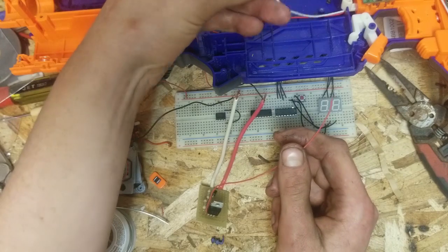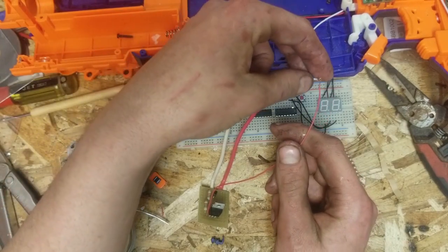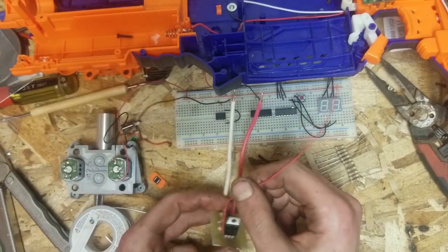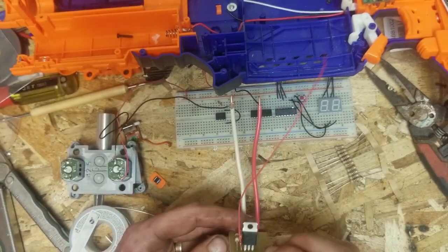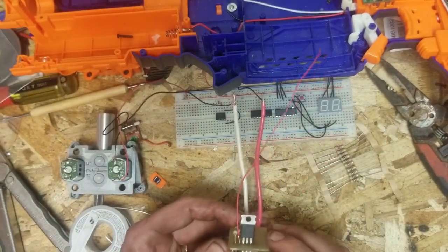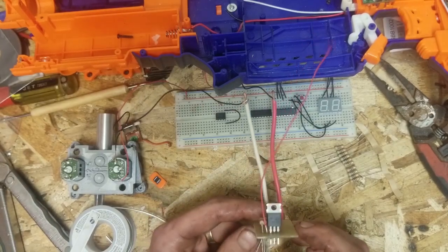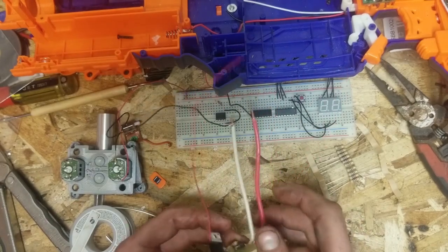So you take this little doodad and you solder those, heat shrink those together. When you're done with this, you can snip all of your leads and you can cover it in silicone if you like. You don't have to, but that's an option, so it becomes weatherproof. What I would recommend